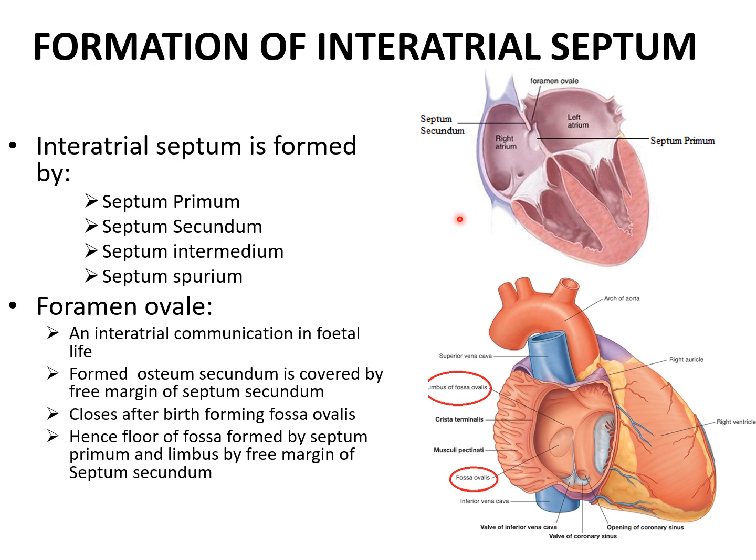So we have seen that the interatrial septum is now formed by the septum primum here, and then septum secundum, then septum intermedium, which is in the lower part where primum fuses. Even the ends of the secundum fuse with the septum primum, and the septum spurium. I hope you remember septum spurium is when the two venous valves of the sinoatrial opening fuse in the upper part to form the septum spurium. This septum spurium also merges with the interatrial septum.